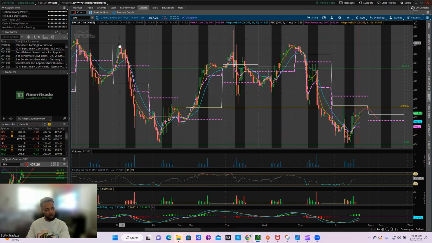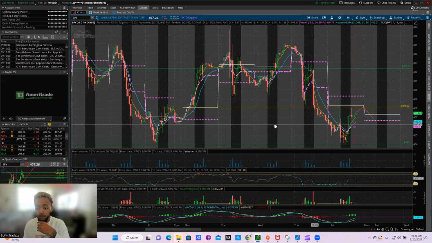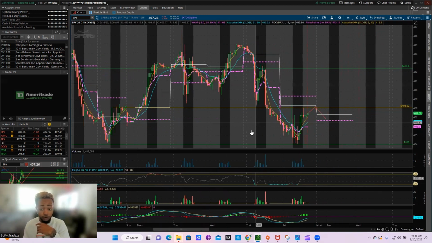Price came down to 404, touched it, came back up to 408, and rejected off of it. Back down to this pivot point before it ripped right back up. So, with that being said, Tuesday, what I'm going to look for,